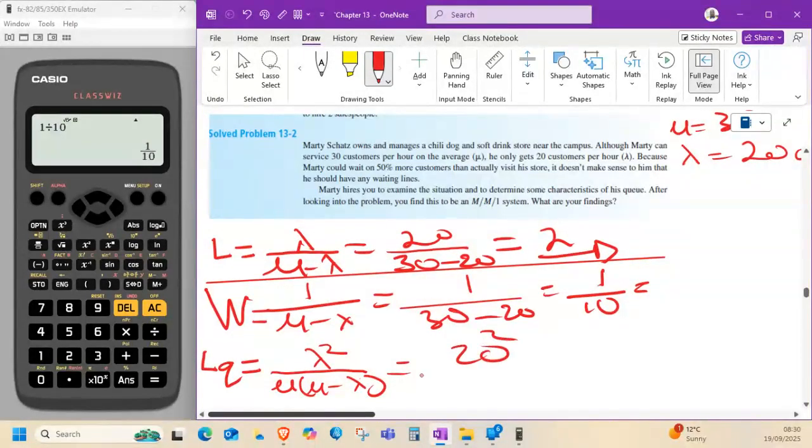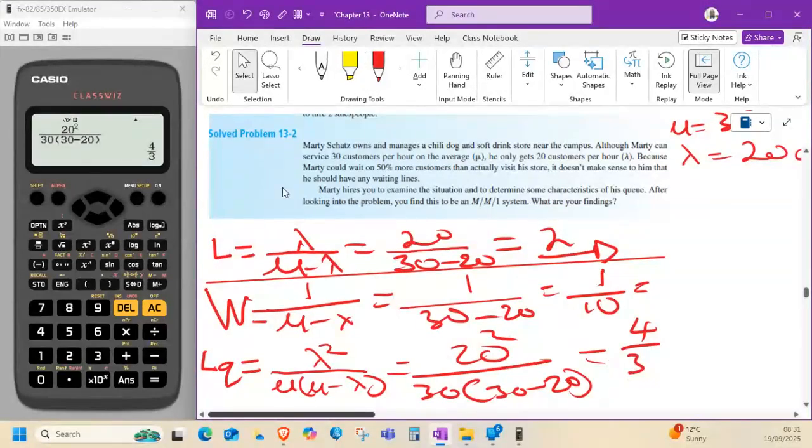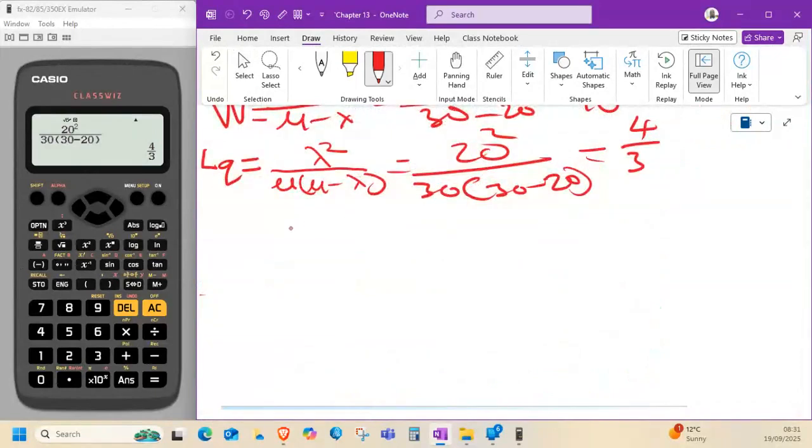Which is going to be 20 squared over 30 times (30 minus 20), which is going to be 20 squared over 30 bracket 30 minus 20 equals 4 over 3. Right, then moving right along,